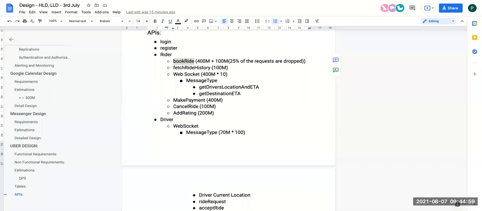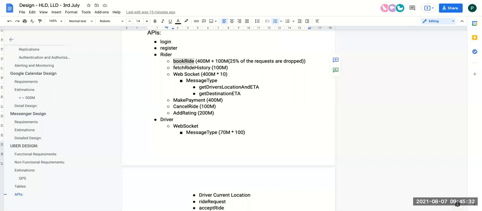Correct. Let's take another example. Orchestration at the front end service level: we want to fetch all the ride history and the rider information. Let's say we have some API like get rider details and rider history. This will be called from the client to the front end service. The front end service will call the user service to get the rider details. The front end service will call the ride service to get all the history of the rides. It will combine the results and return them back to the client.